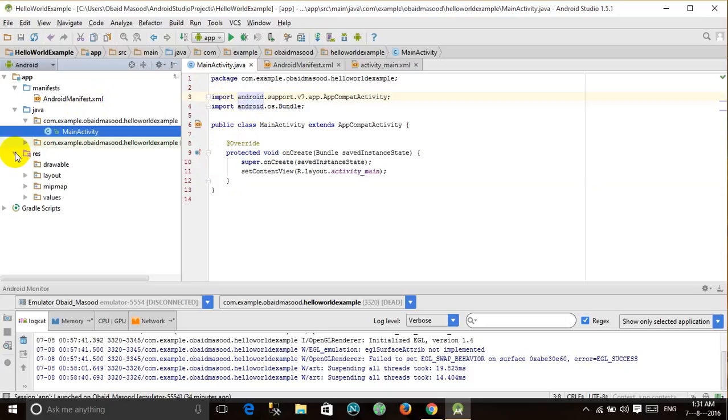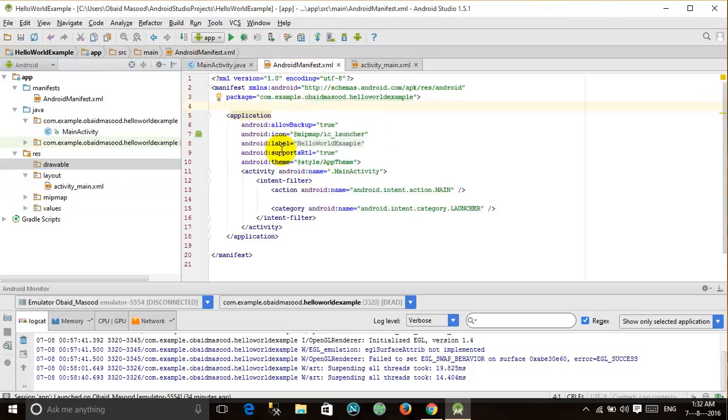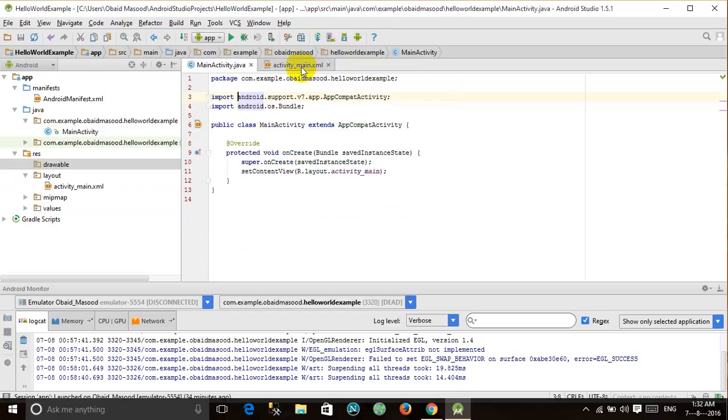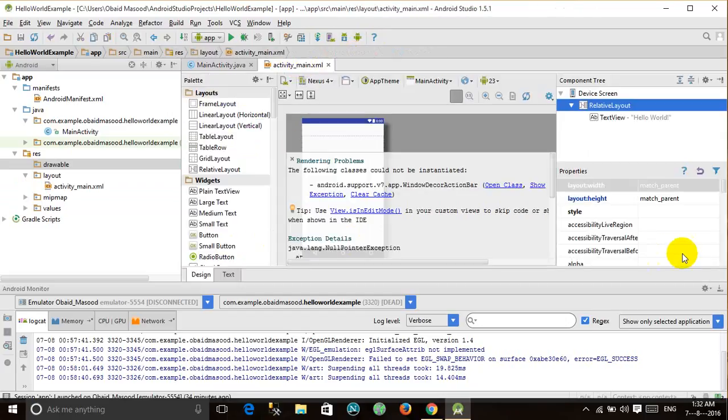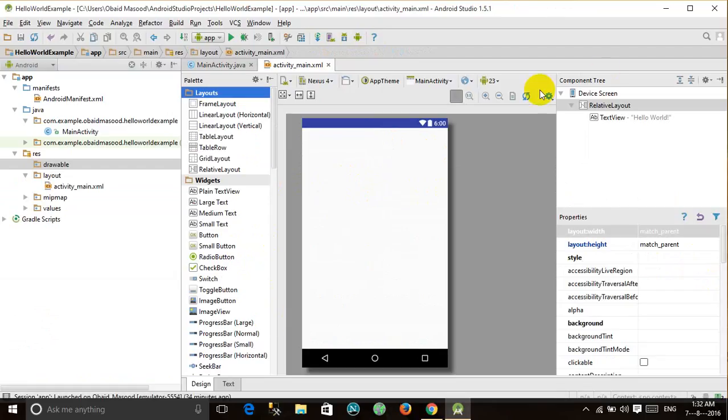Next, we have the resource folder. In the resource folder, first we have the drawables. Next, we have layout, map, values, etc. In the drawable, we put our image files. In layout, this is the layout file. Okay, this is the layout file. The front end, whatever will be presented to the user, is called this layout